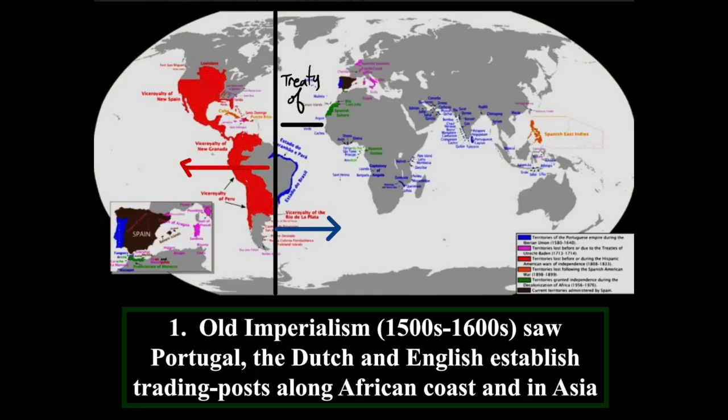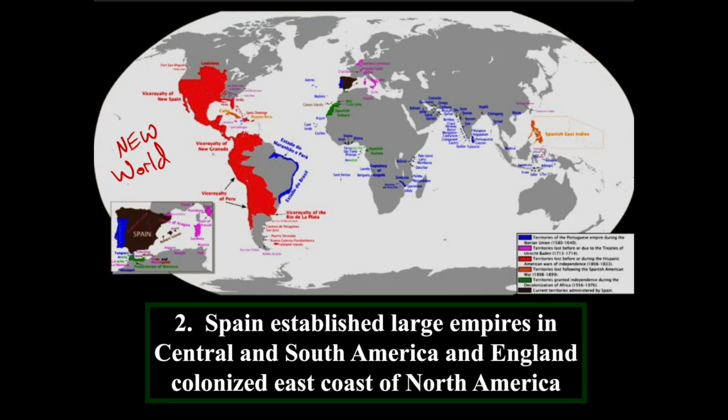So we see the end of the Golden Age for Spain and Portugal, and other European countries start getting involved in exploration, not only setting up trading posts along the African coast to get to Asia, but also colonizing in the New World to establish a mercantilist economy. We're going to see that Spain moves in and establishes a huge empire, as we can see with this area in red that indicates the territories that they claimed in the Treaty of Tordesillas. But then eventually the English are going to get involved here on the eastern coast of North America, which, as we know, is going to lead to the establishment of the United States after the American Revolution.